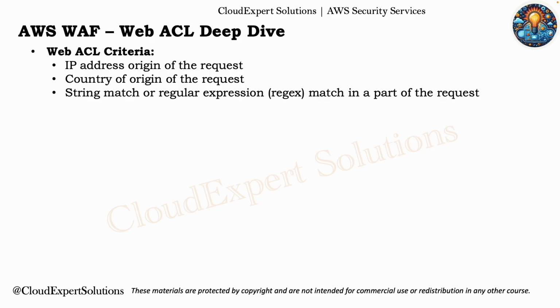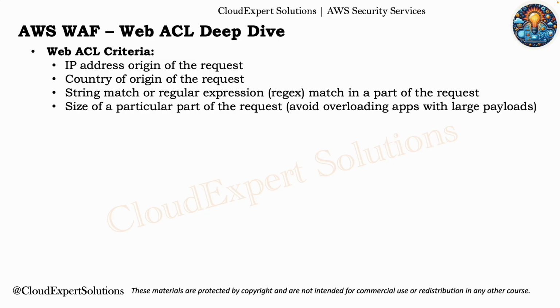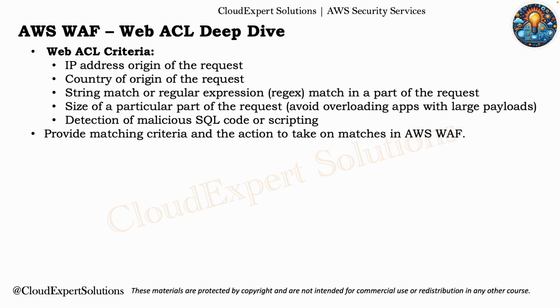Another powerful capability is inspecting the size of a request component. This will help protect against attacks that attempt to overload your application using unusually large payloads. AWS WAF can also detect malicious patterns such as SQL injection or scripting attempts before the request ever reaches your application. For every rule, you define both the matching condition and the action to take, such as block, allow,